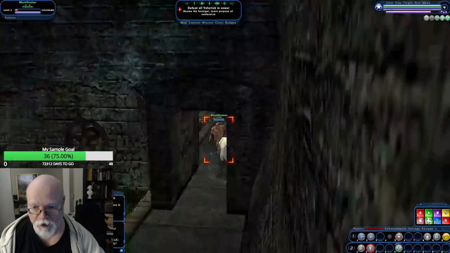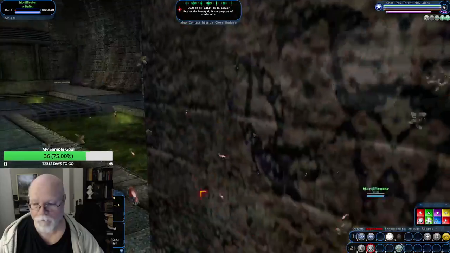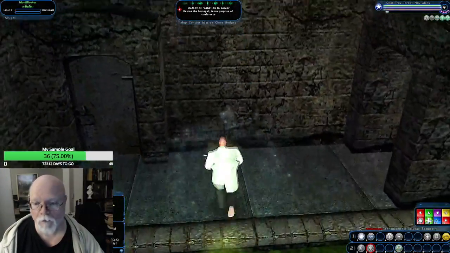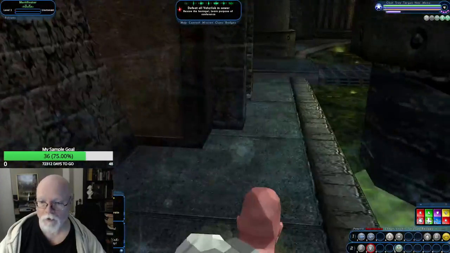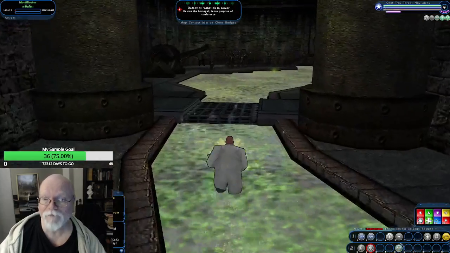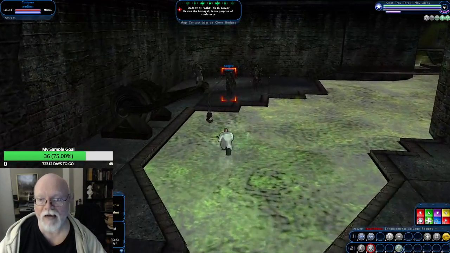Now, the Mortificator is a lieutenant, but he's a couple levels under me. Notice I still have the force field up. Long-lasting buff. That is a lot of cadavers, so...